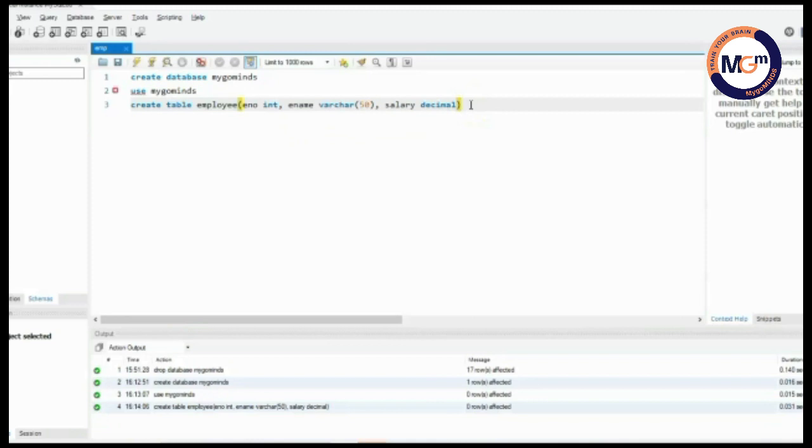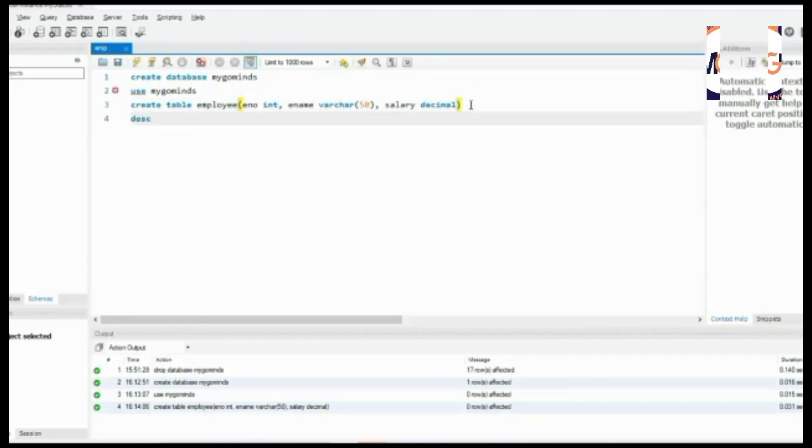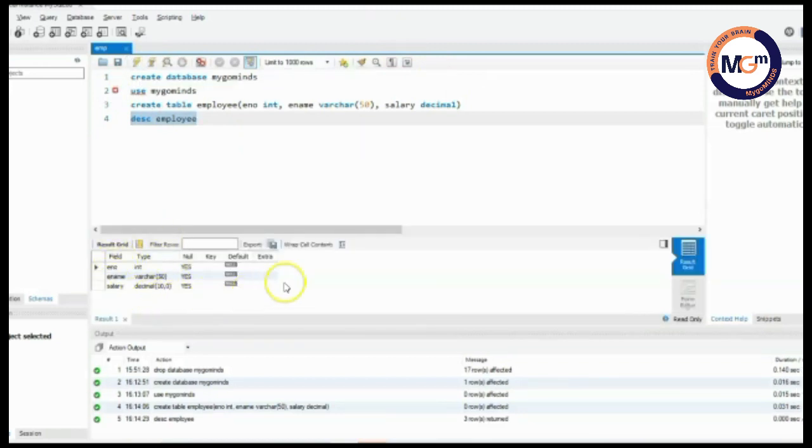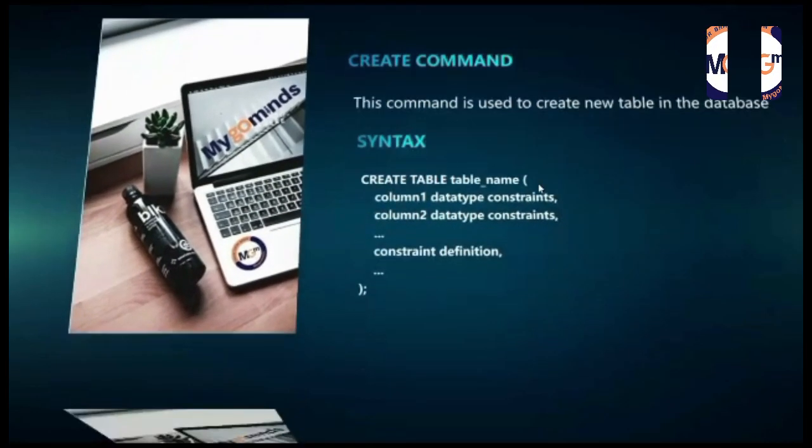Now let us see the structure of the table by using DESC, describe employee. Select the line and execute it. Now we have successfully created the table and can show the structure of the table. Now let us see the next command, which is